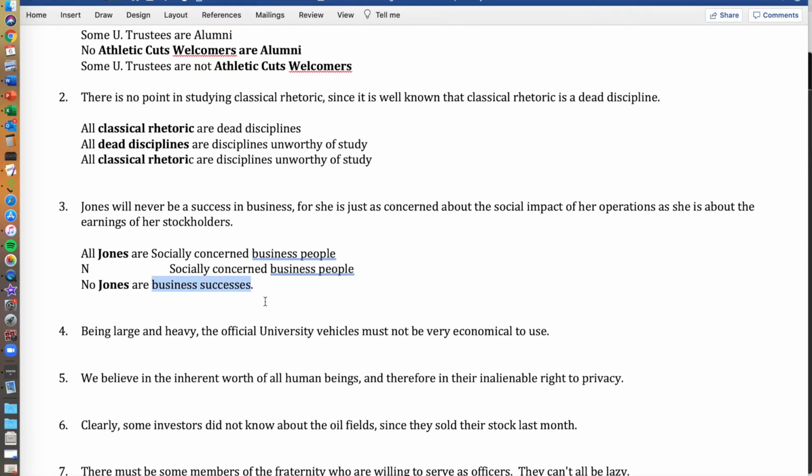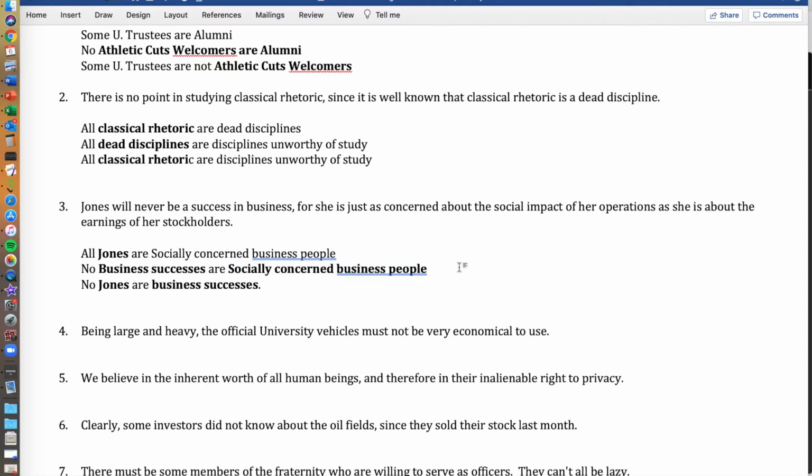successes. And business successes here is distributed because it is predicate of a negative, which means it must also be distributed in the missing premise. We know then that this is a universal negative because that's the only type of statement that gives us two distributed terms. No business successes are socially concerned business people, right? So both of these terms, business successes and socially concerned business people, would be distributed terms, and now we have